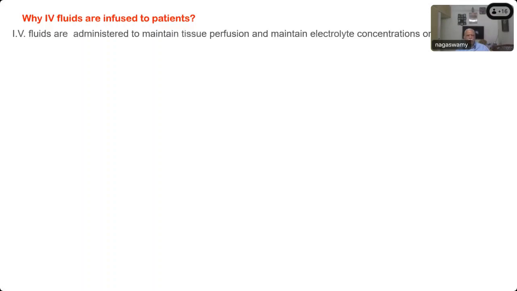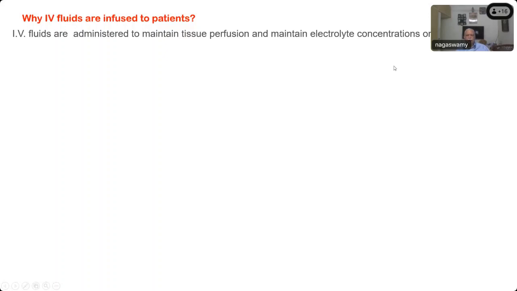Now coming to the last part of the discussion, why are IV fluids infused to patients? To maintain volume status and tissue perfusion. Tissue perfusion, yes, very good. Administered to maintain tissue perfusion and also maintain electrolyte concentrations. The third use is to infuse drugs, where the fluid can be used as a carrier. We many times dilute the drugs in 5% dextrose or normal saline and use it as a carrier for